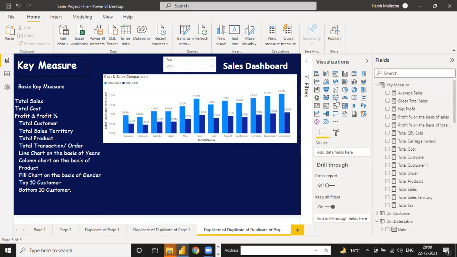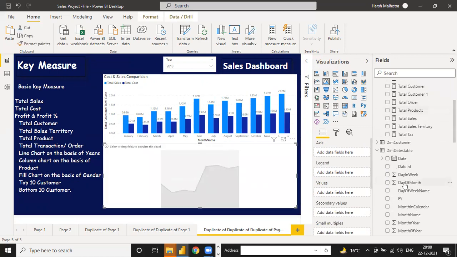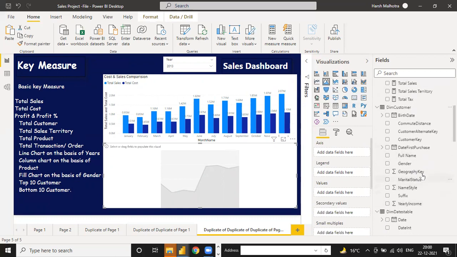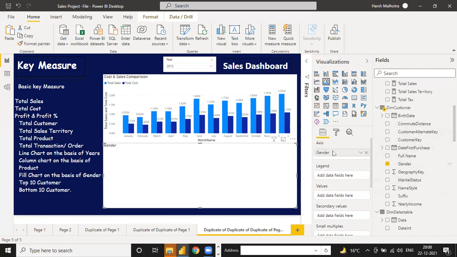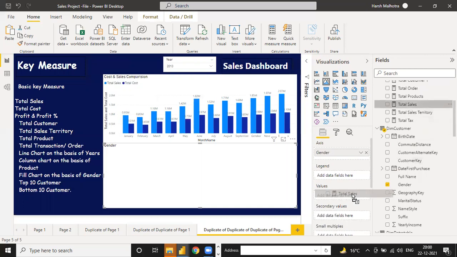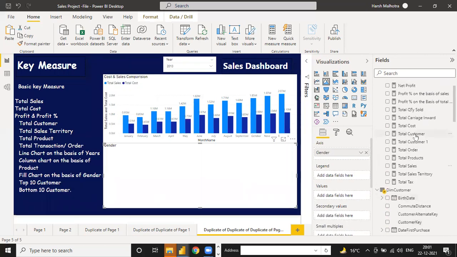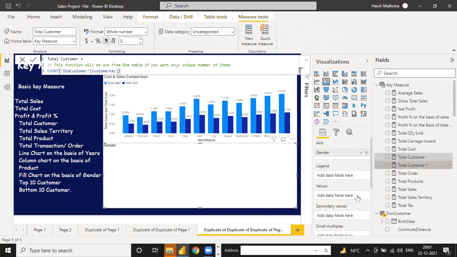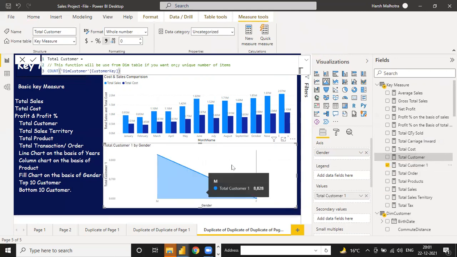so here we have another chart, guys. This one is an area chart, and dim customer. So under dim customer, you have gender-wise data, like birth date, full name. This is the gender. So you can just uncheck access on the gender value and total sales, or you can add, not total sales, you can add total customer, male and female.